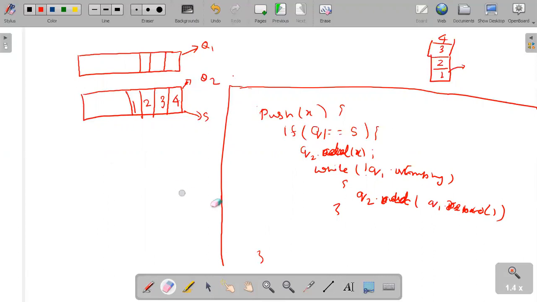Else, here I have to write the else block also, the reverse. I'll do Q1 dot add, and again I'll write a while loop, and in this case I'll add Q1 dot add, and I will be popping from Q2 dot remove, while Q2 is not empty. So this is how we can do it. You got my point, right? Or should I write it clearly?